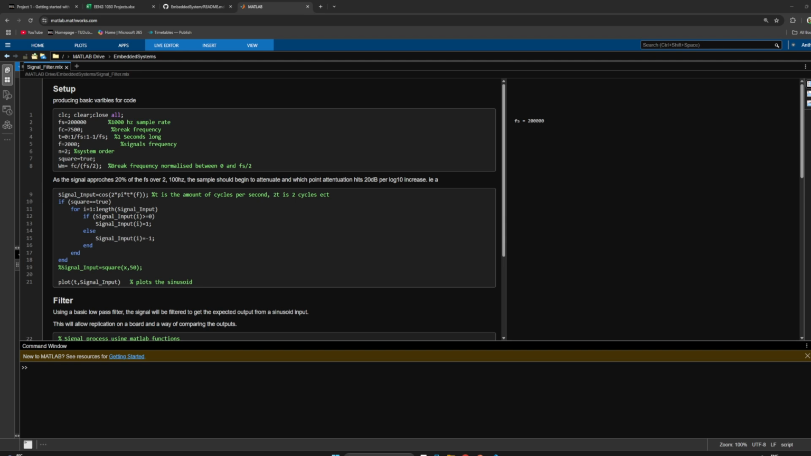This is a brief overview of my project, getting started with embedded systems. I was tasked with creating a basic digital signal processor. So I started with using MATLAB to create a basic filter and signal so that I could extract the values